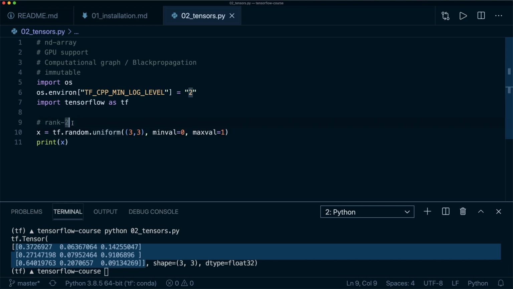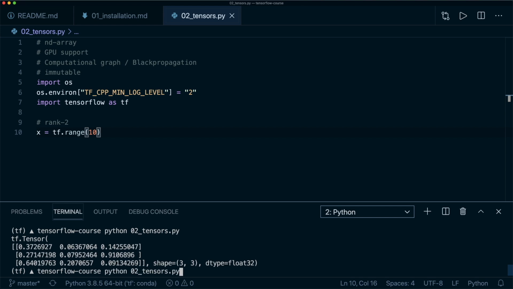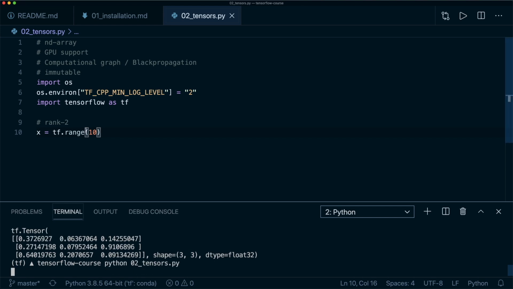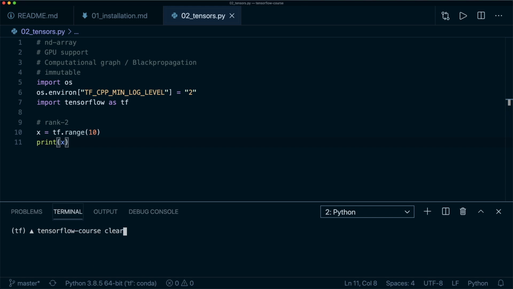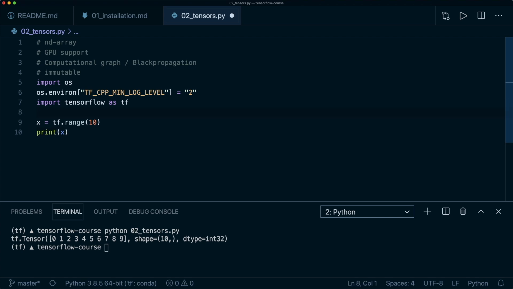So now we can also use the tf.range function. This is similar to the normal Python range function. So now we have values between 0 and 9. Oh, of course I have to print it. So let's clear this and run this again. So yeah, this is our range tensor, and now let's see, by default, in this case, this is data type